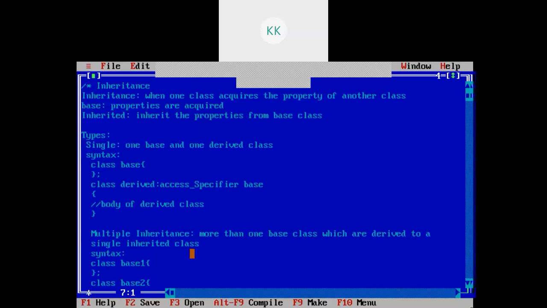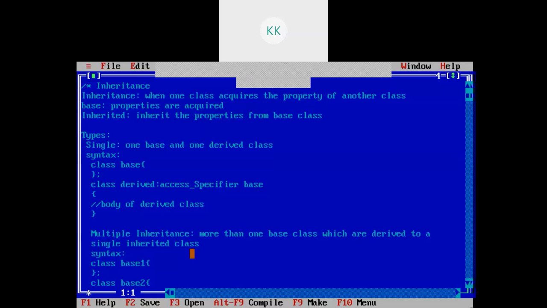Once again we will revise what inheritance is. Inheritance is a property wherein one class acquires the property of another class. The class from which the properties are acquired is called the base class.